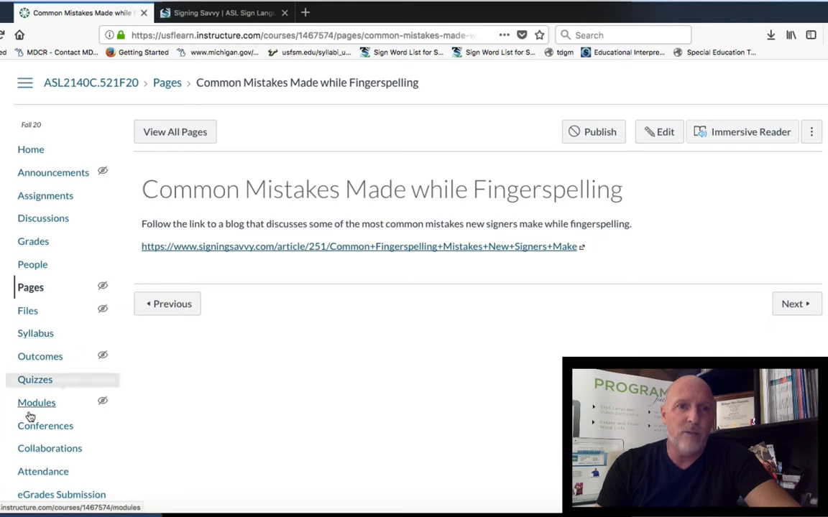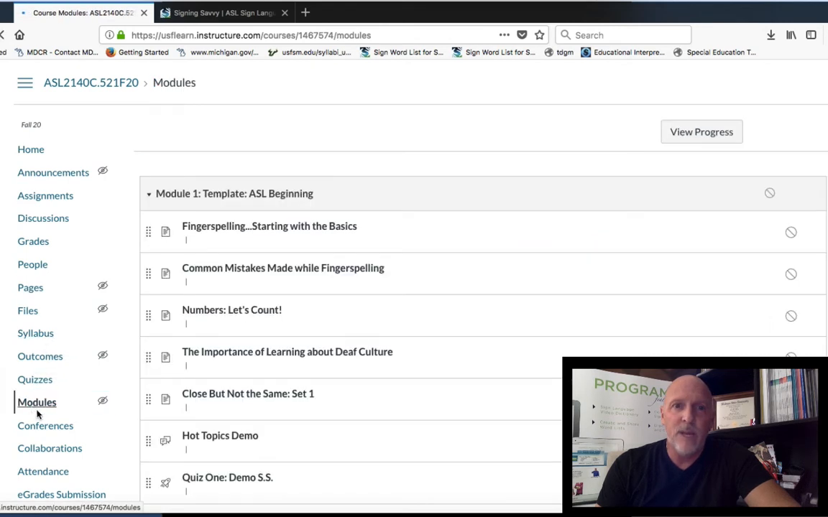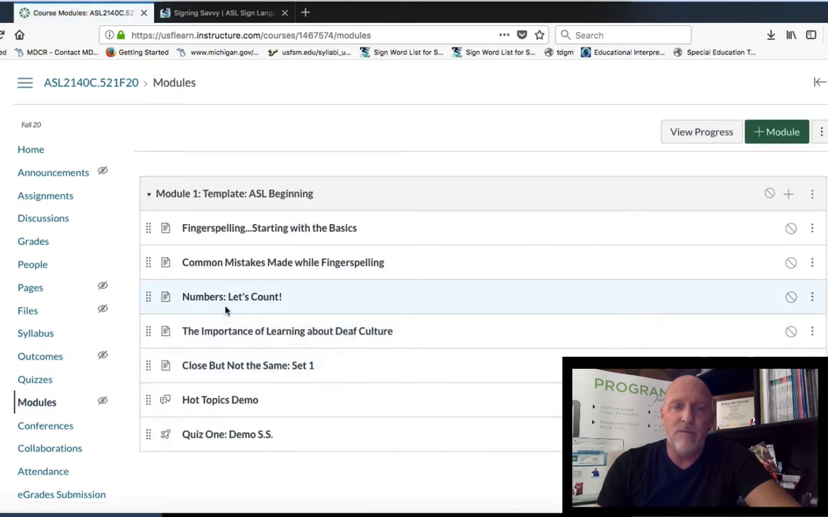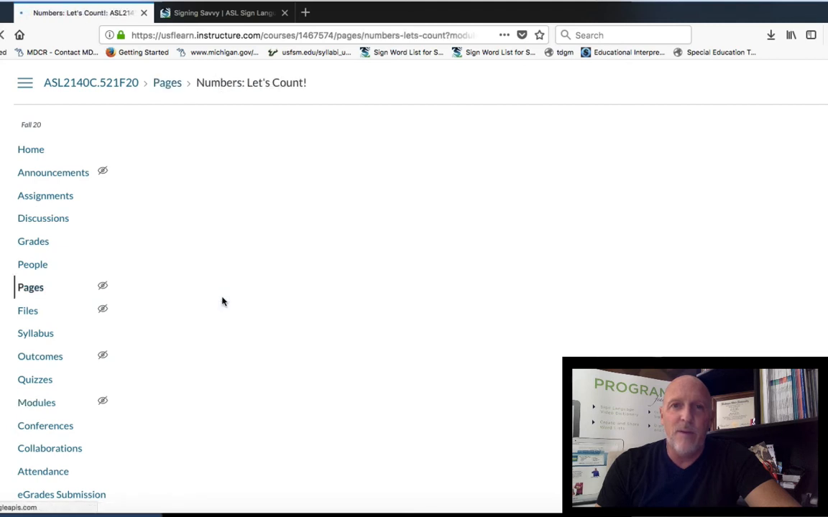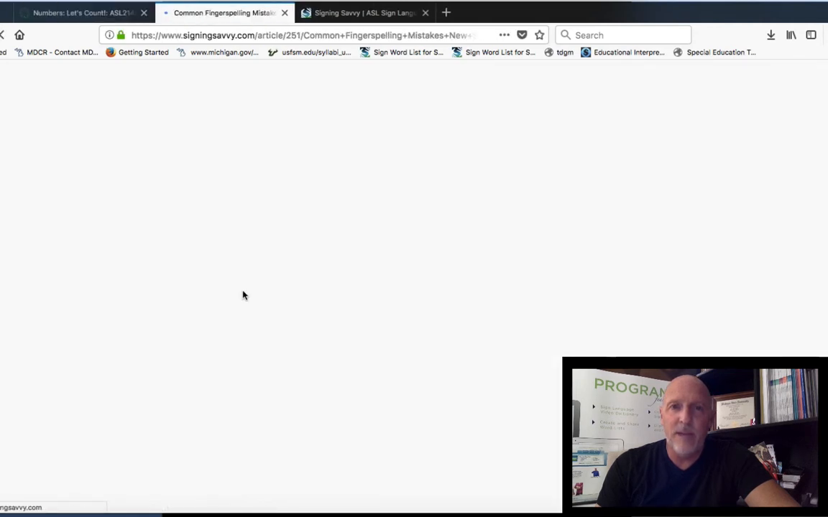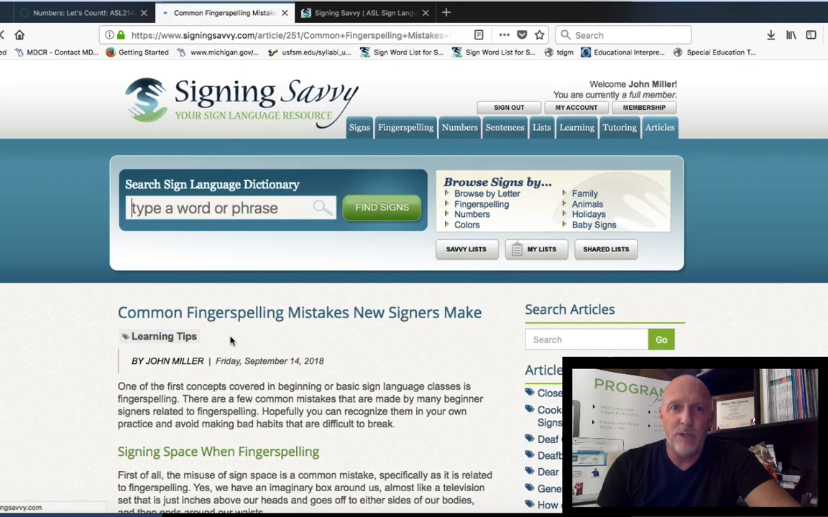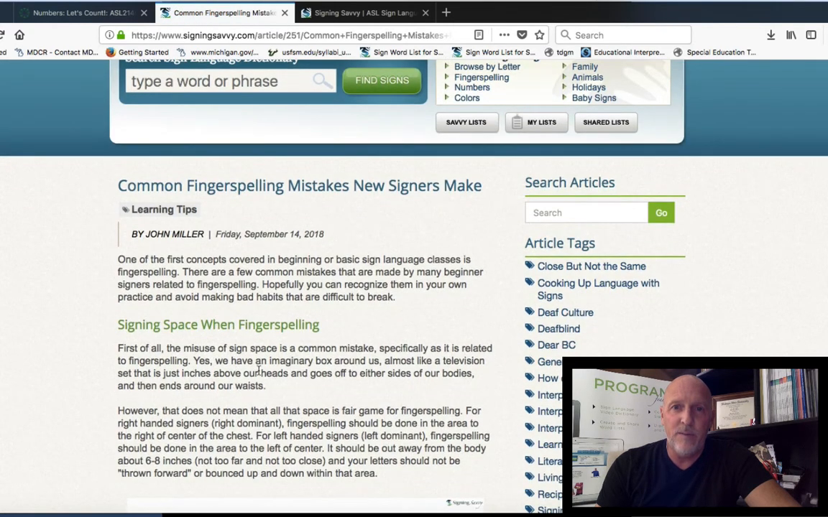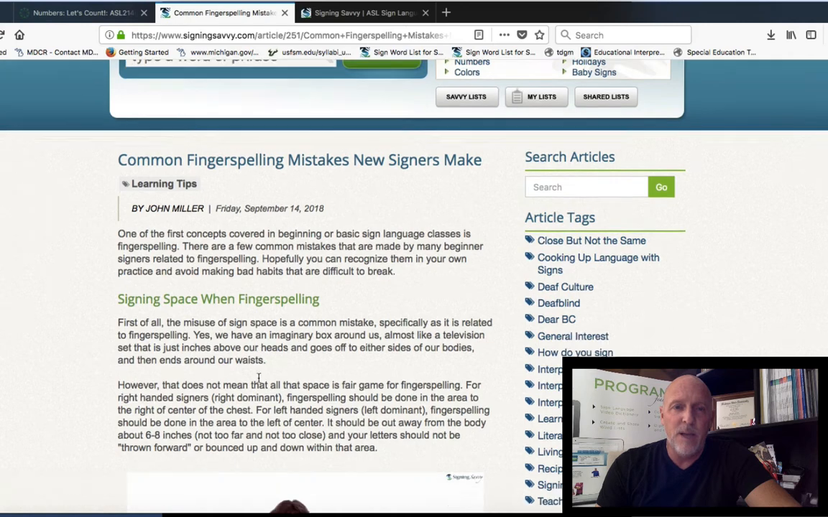Go back to the module again. Next thing for our students, well, let's count. Okay, so numbers. Usually I teach 1 through 10 in that first class or that first module. So here it is, a link again, Signing Savvy. It's going to take them right to the numbers page. It's going to talk to them a little bit about numbers, show them some different things, and